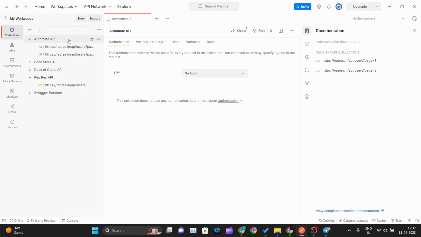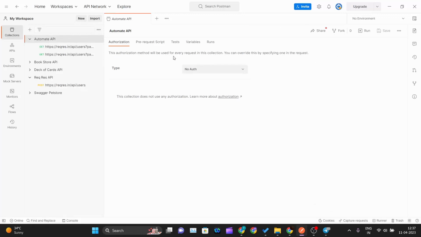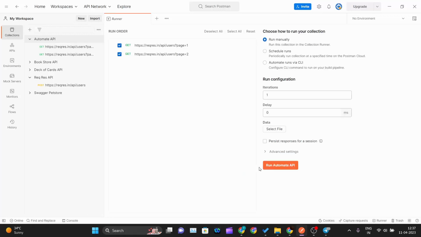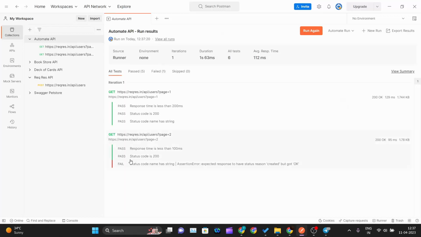Okay, wait, once you click on your automate API, that new tab should be open, and click on the runs, and you can see the run collection button is there. Select those methods that you want to run manually, and iteration should be 1, delay should be 0, and run the automate API. Click on this, and you can see after running this, since I have only two method calls,